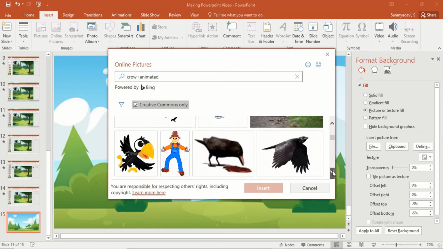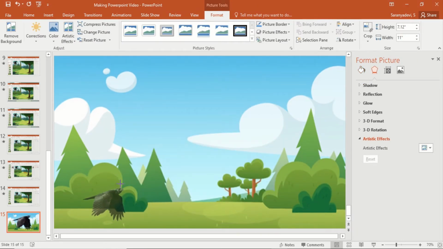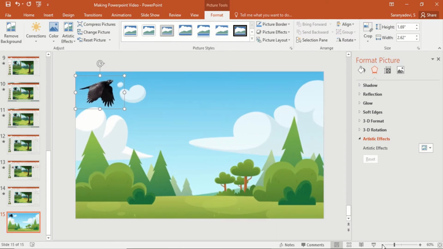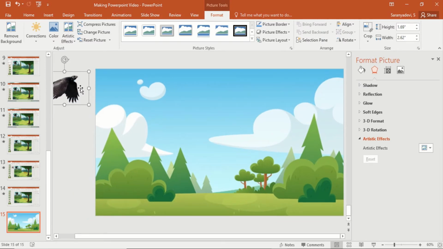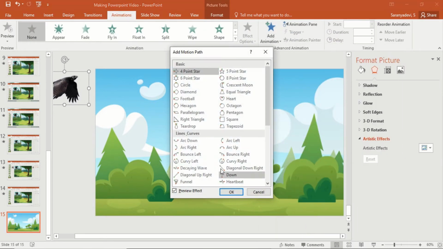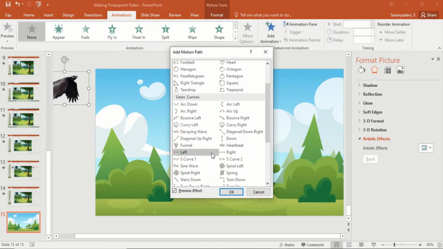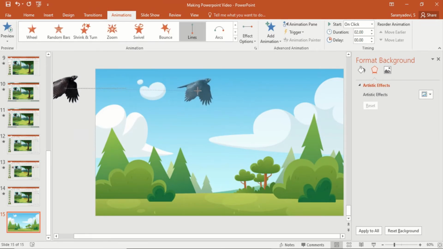where my crow is flying from that forest to here. I'm making it as it is and keeping this, reducing the slide size so that I wanted my crow to come from out. Click on the image, animations, go to motion path from left to right. So I am applying here. So extending this, and what I am going to do is I am going to make my crow come down,